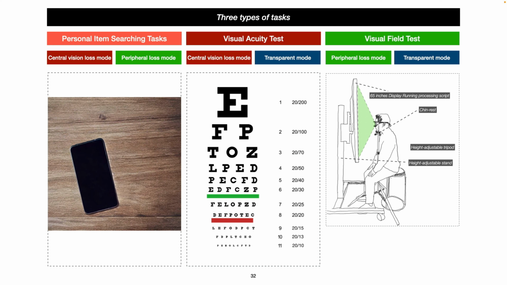field tests. So these are standard tests that are used by doctors, optical doctors, to assess your vision, and we use them then to analyze how well our system works. Kind of, can people really not read some of the letters on this visual acuity test scale, or can they not see some of the peripheral vision dots they're supposed to see in the visual field test? And then over that we can evaluate it to some extent.